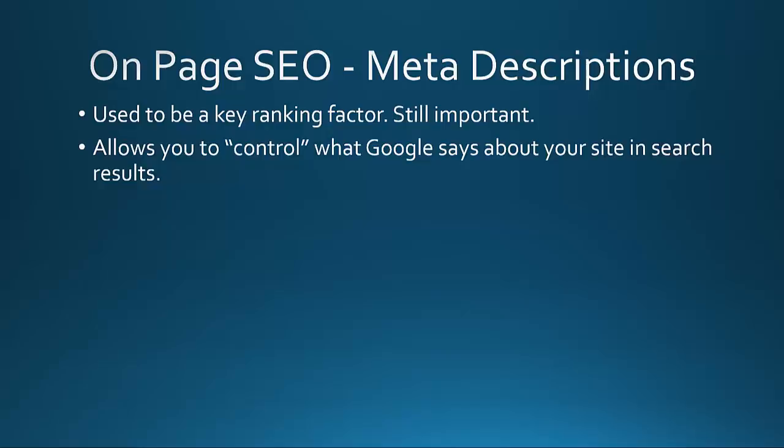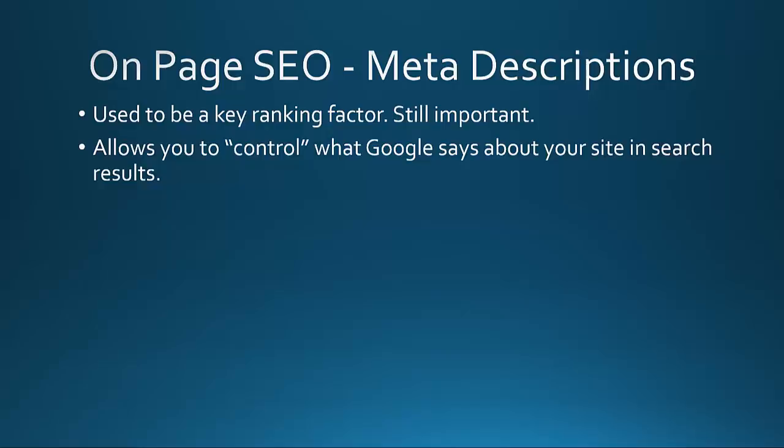The main reason it's important is not because you can just stuff keywords in there, but because it oftentimes will be the result that shows up below your title tag listing, which is blue and underlined and clickable within a Google search. But it's something that you can use to pre-sell your visitors on why they should click on your link. So not only should you have a catchy title tag that incorporates your keyword and maybe a reason they should